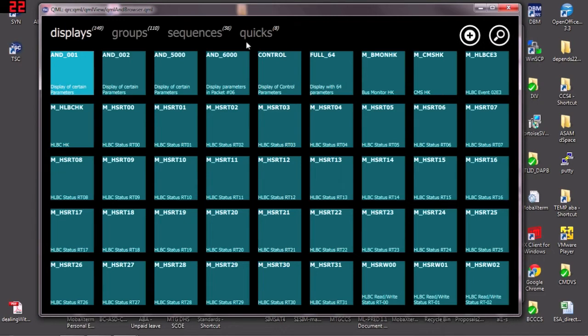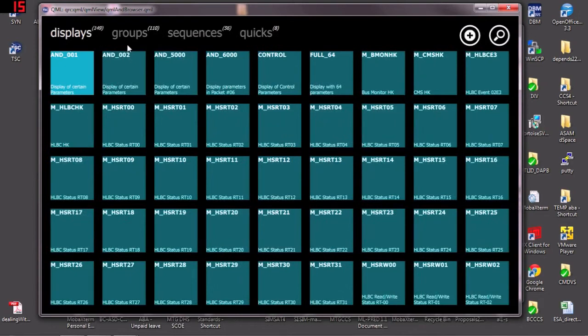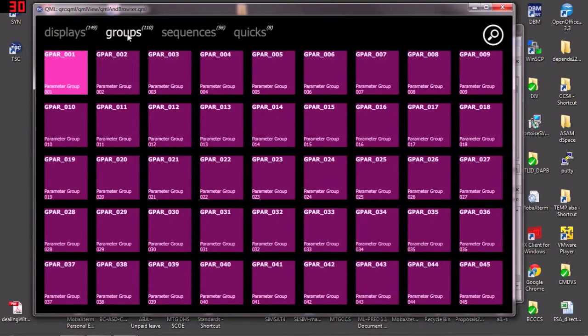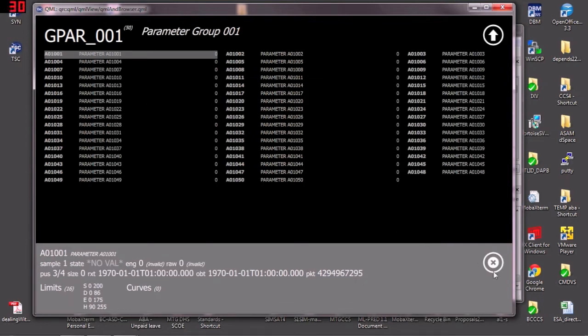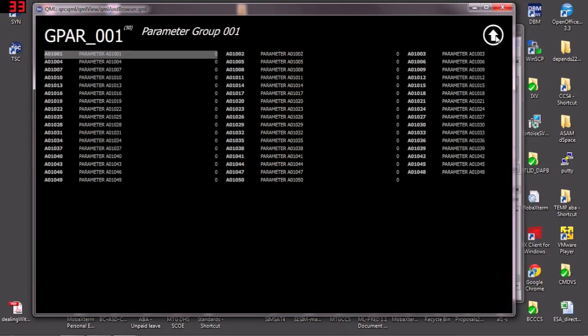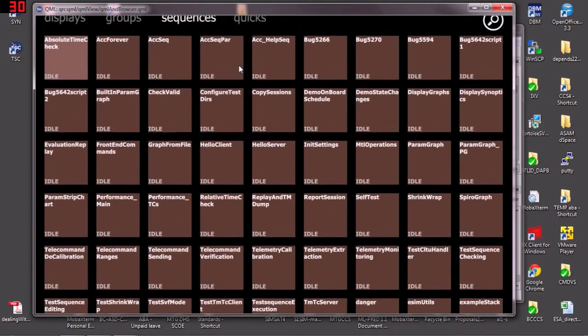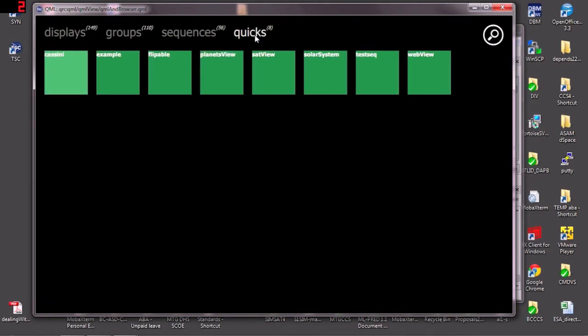And to show a little added value compared with what we used to have in the past, it doesn't just show alphanumeric displays, or displays as they're defined in the databases they used to be, but it also allows us to present the same type of information when it's organized into groups, like that. And it's also possible to manage test sequences, and this is basically a list of all the test sequences I currently have defined. And we are also able to load user-defined QML scripts, which here are called quicks,